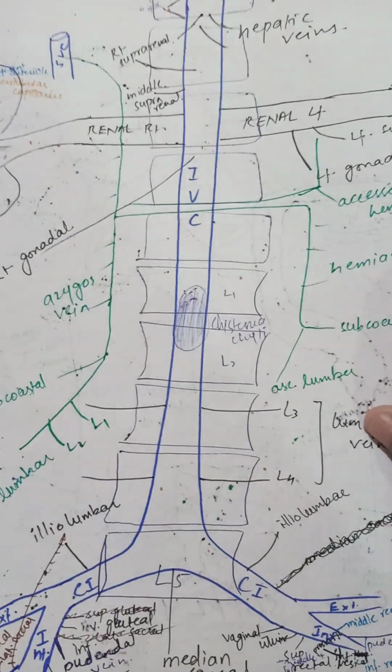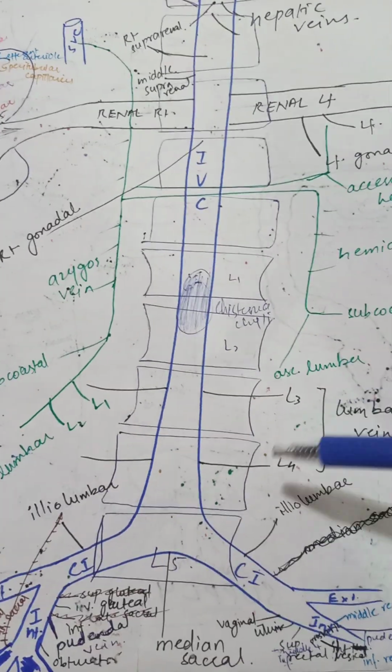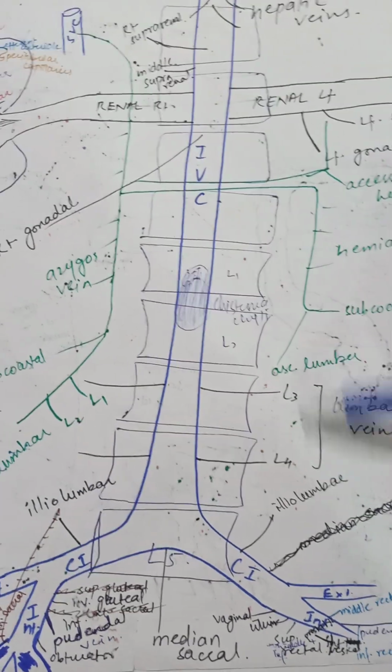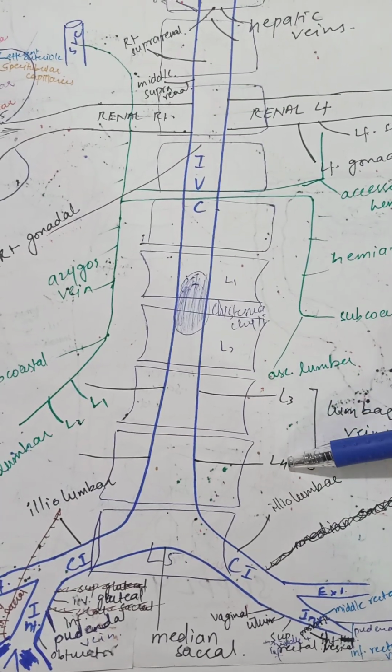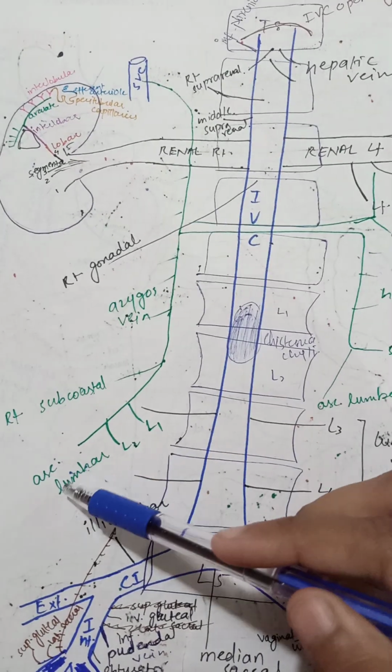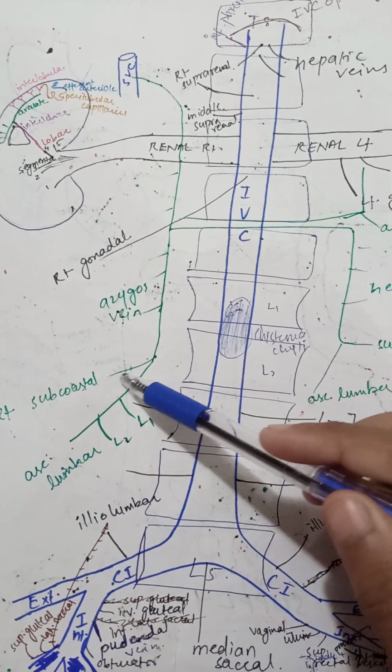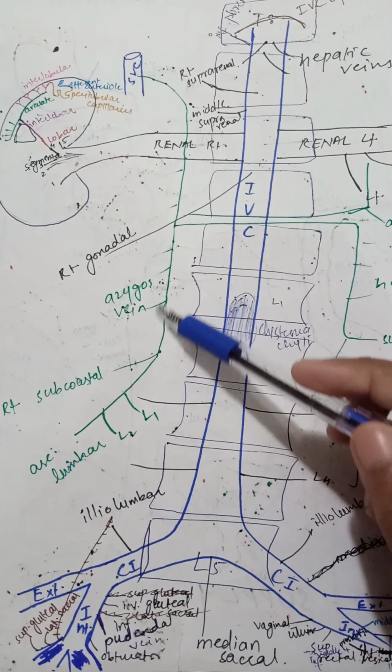Now the inferior vena cava receives some lumbar veins. The lumbar veins received by the inferior vena cava are L3 and L4. Then where do L1 and L2 drain? L1 and L2 drain into the ascending lumbar vein, which joins with the right subcostal vein to form the azygous